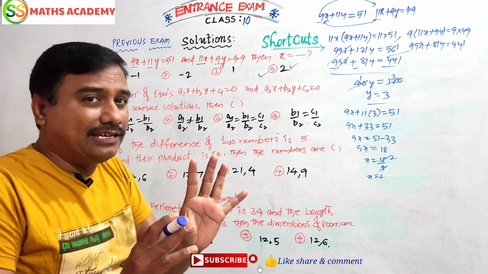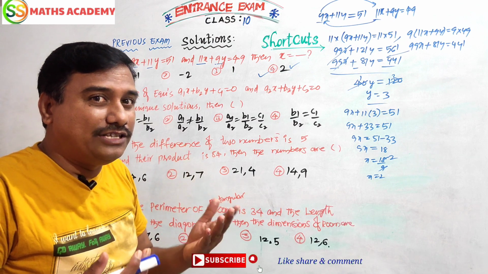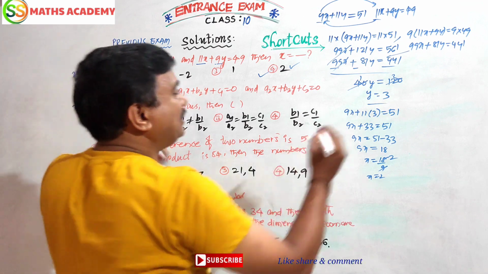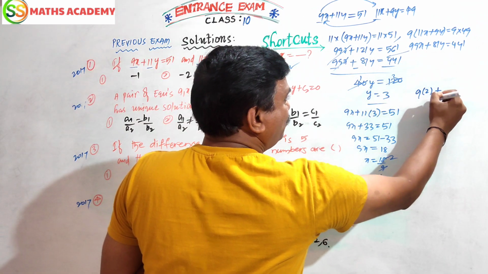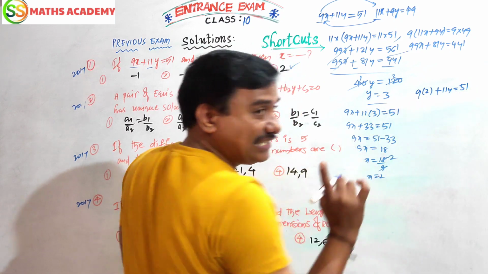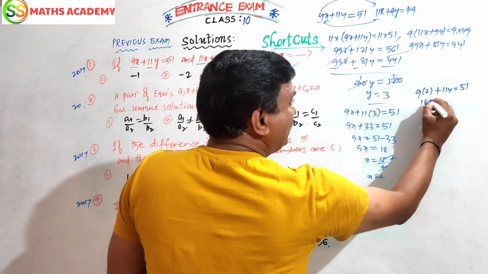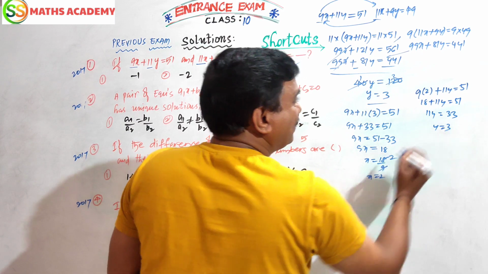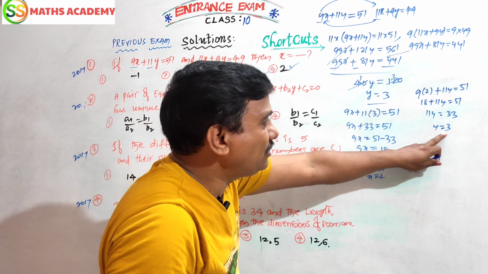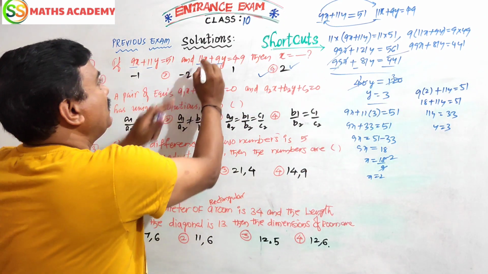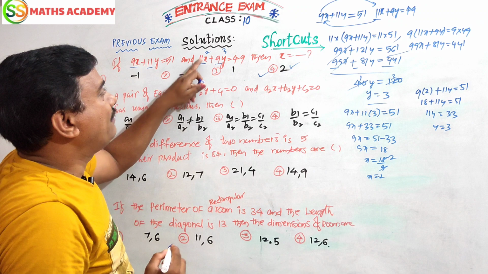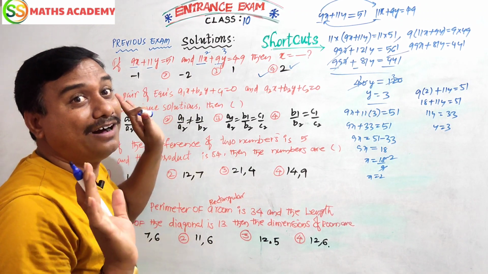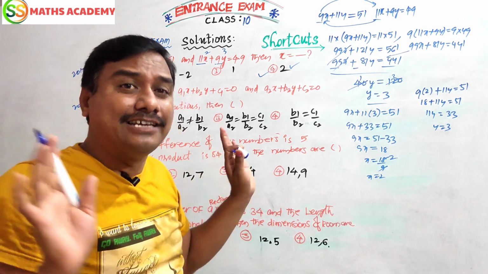Maybe the answer will be 2. This is a general method I am telling. So maybe the answer may be 2. Then I have to substitute 2 here. Shortcut way I am explaining to you now. If in this equation I substitute x value 2, now 11y equals 51 as it is. Now 9 times 2 is 18. 11y equals 33. Y equals 3. So y equals 3. Substituting x equals 2 and y equals 3 in the second equation: 11 times 2 is 22, 9 times 3 is 27. 22 plus 27 is 49. Yes sir, your guess is correct.